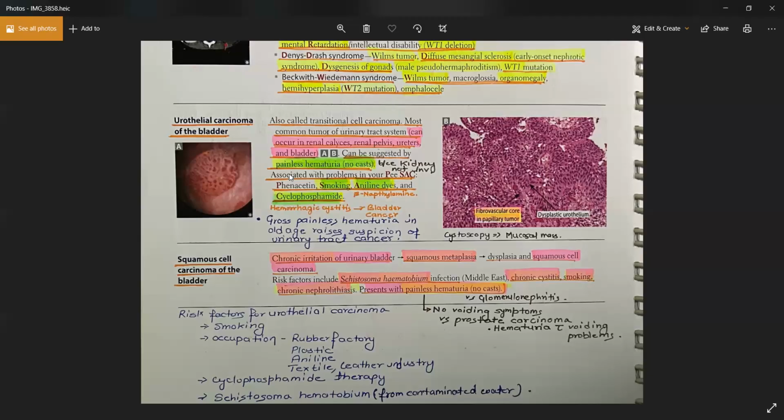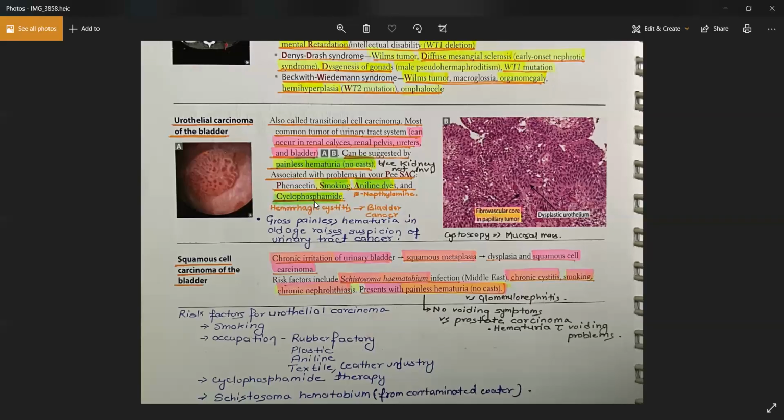Of course, like any other cancer of the urinary tract, the patient will have a painless hematuria without any cast. Whenever you encounter a patient having a painless hematuria, the first thing that should come into your mind is the cancer of the urinary tract. Okay, and you must think it is a cancer unless you prove it otherwise, of course, right? Okay. So a painless hematuria without any kidney mass, without any cast, it will be the urothelial cancer. Okay, so the risk factors include smoking, aniline dyes like naphthalene, cyclophosphamide. I told you it can cause a hemorrhagic cystitis and bladder cancer, right?